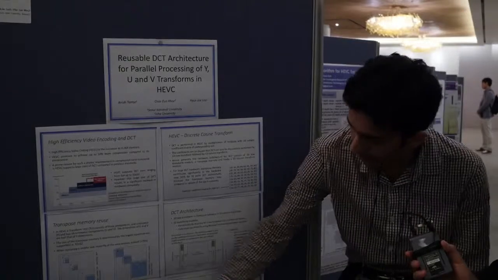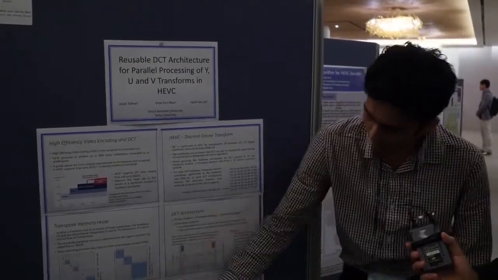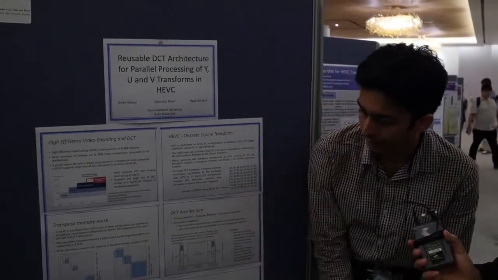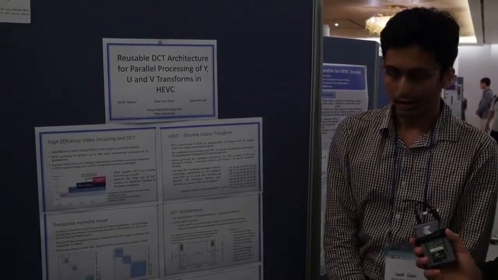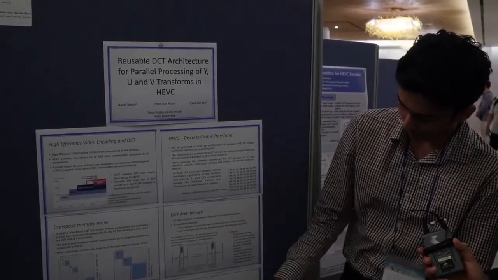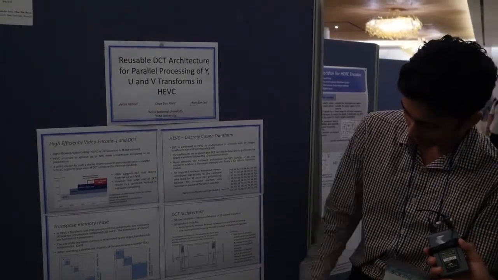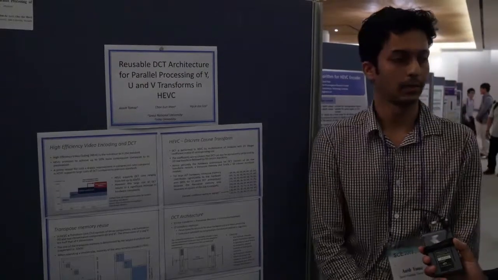This is the timing diagram for the proposed architecture. The top pipeline is for the conventional architecture, whereas the bottom one is for our architecture. We see the timing improvement is almost 50%, and for a large CU, the timing improvement is roughly 44%, and the area increase is only 4%. So this is the brief of the paper.